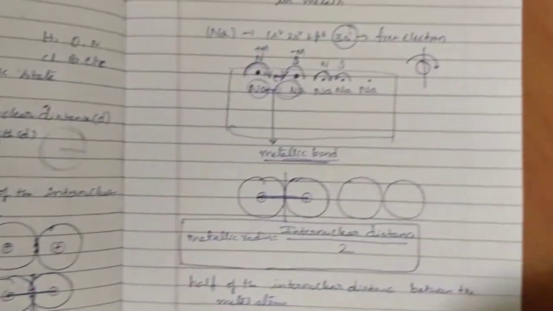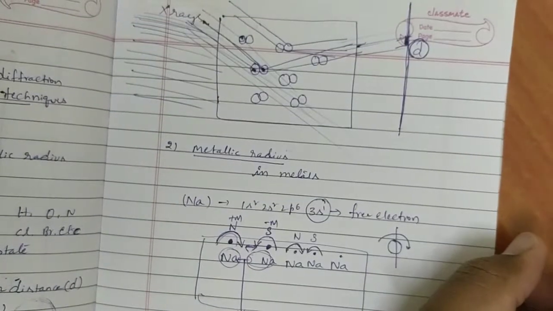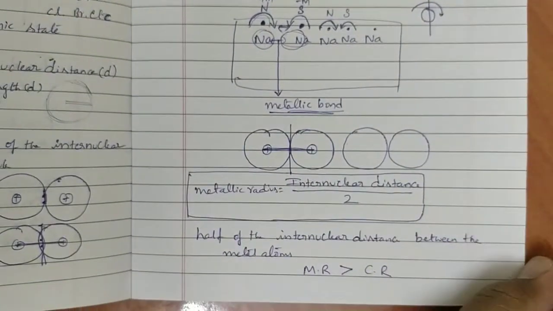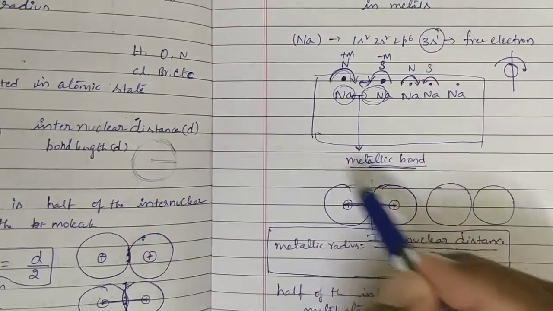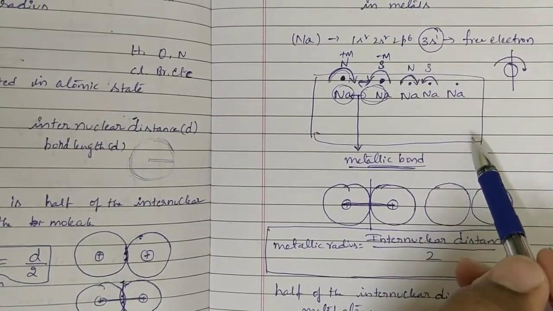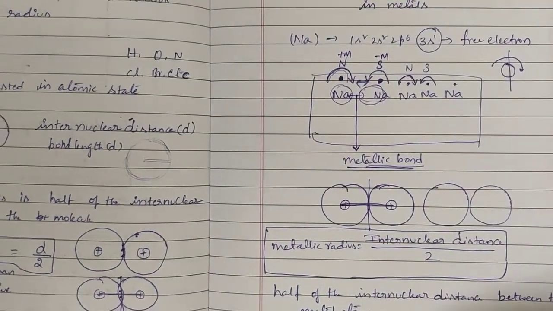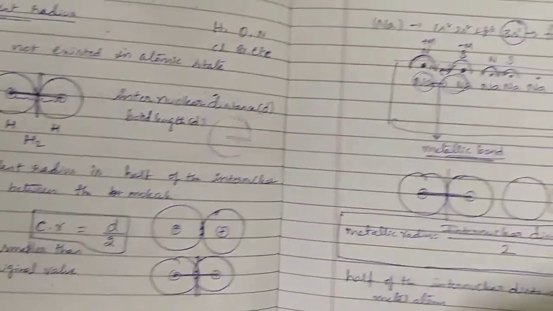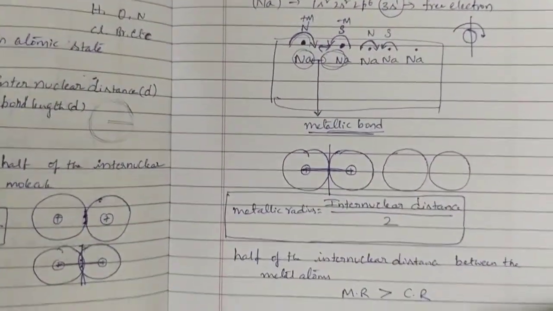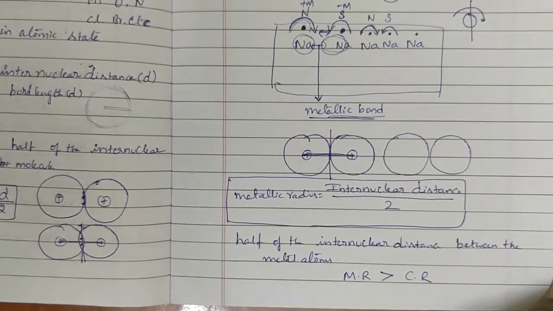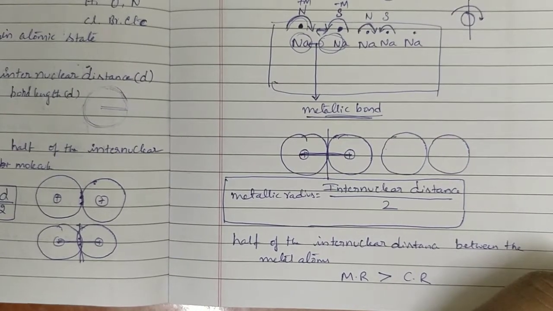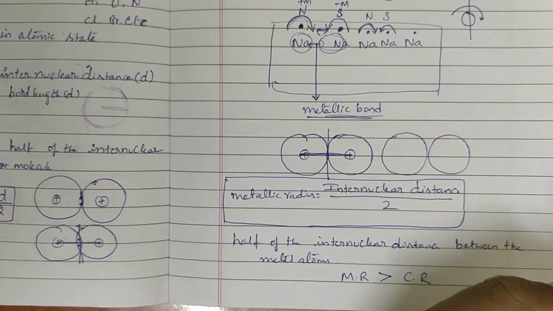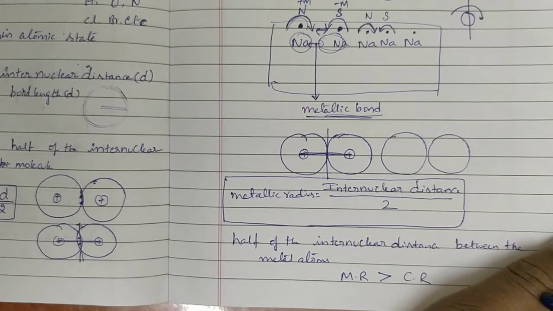Why did we define these many radii? Because individual atoms do not exist for non-metals. Non-metals we discuss separately. Metals also we discuss separately because of interparticular attractions. Is it okay? So by using this covalent radius and metallic radius, we can find the radius of almost all the atoms, but the atoms which are not involved in metallic bond or covalent bond or even any sort of bond are called inert gases.